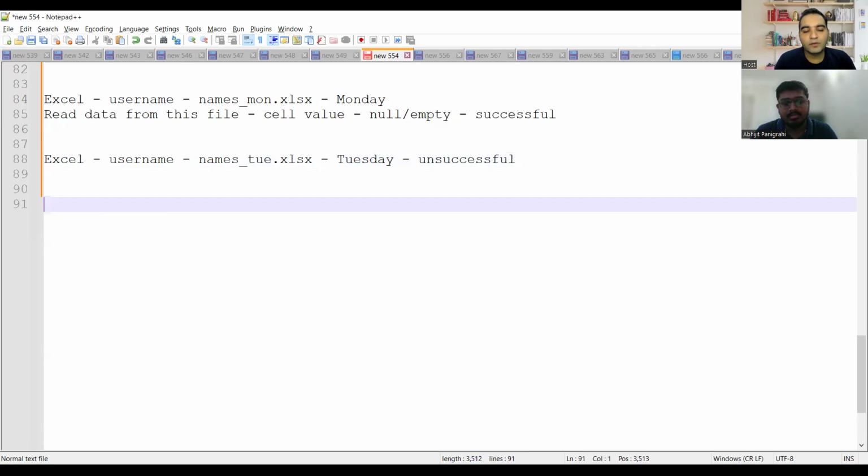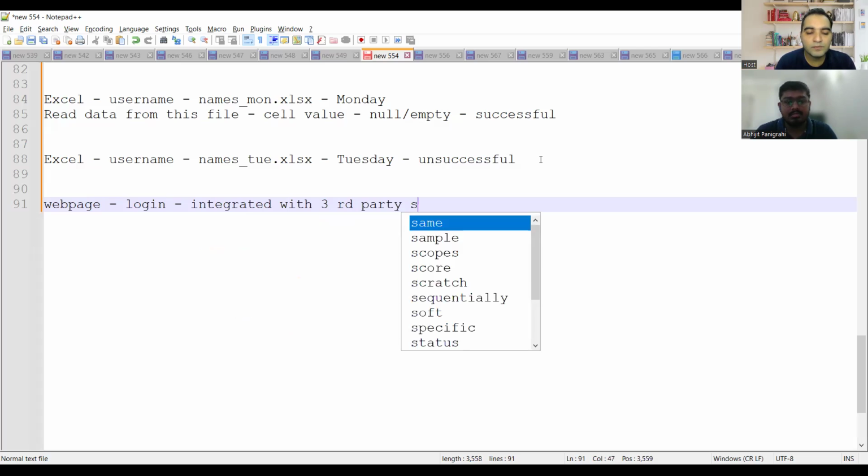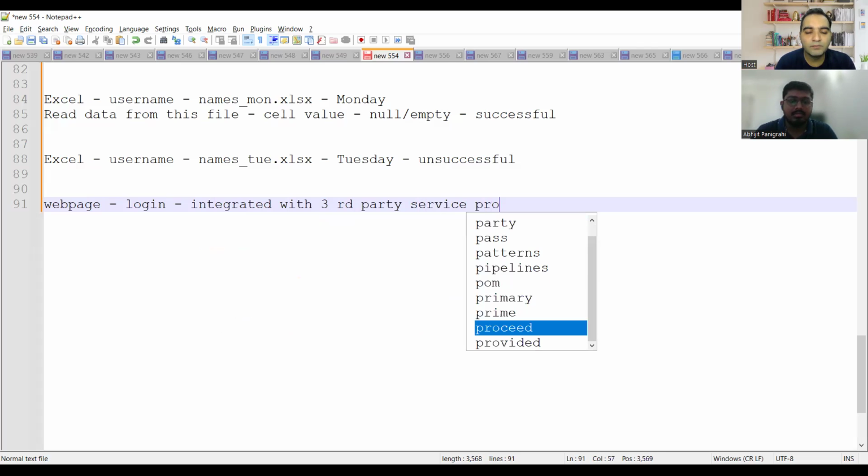Now let's say you are trying to automate a web page that has got a login. Okay, so login is there, and then you would be able to see the rest of the screens in the application, right? And this login is actually integrated with a third party service provider. For example, you have